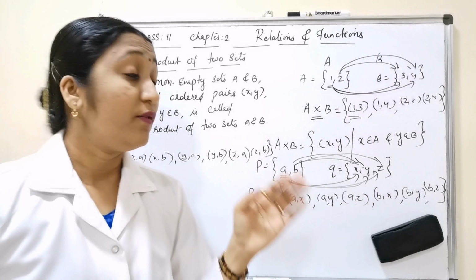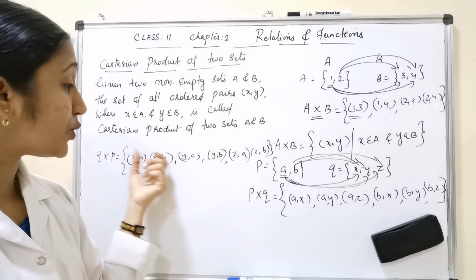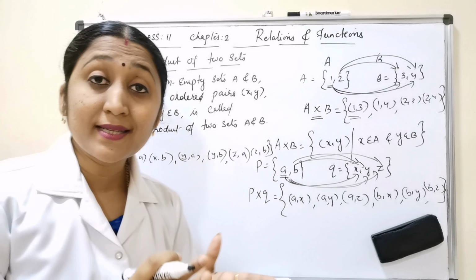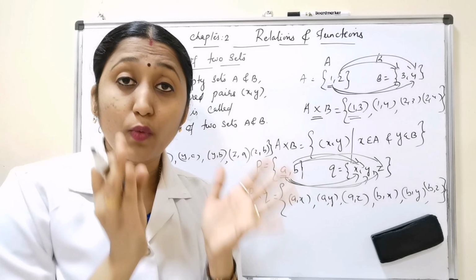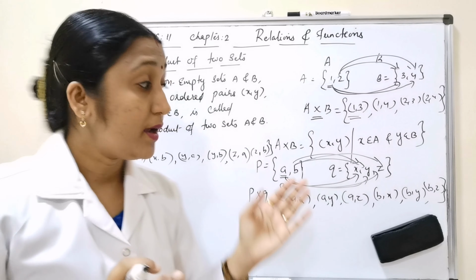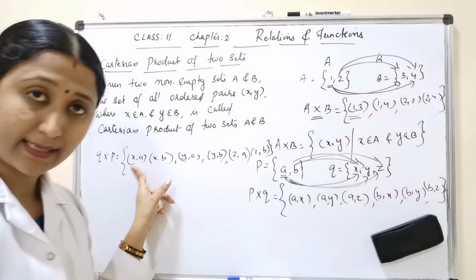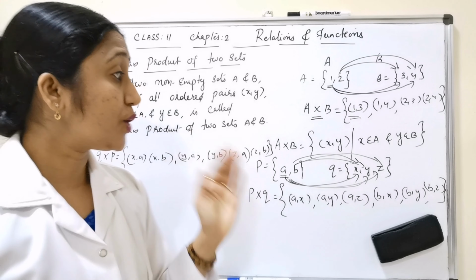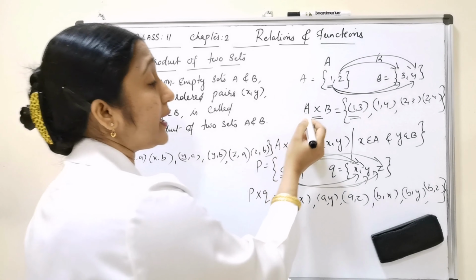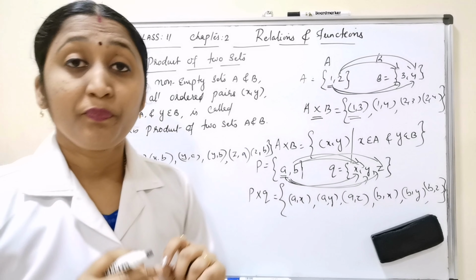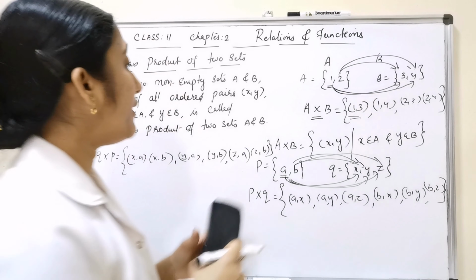So here we can look at these two sets. The elements of X coordinates and Y coordinates are changed. In this case, P into Q means AX, but here X here. That is the difference. Okay. So in Cartesian product, it may be written as A cross B, and here the definition is this.